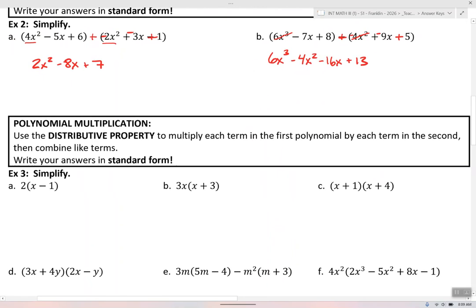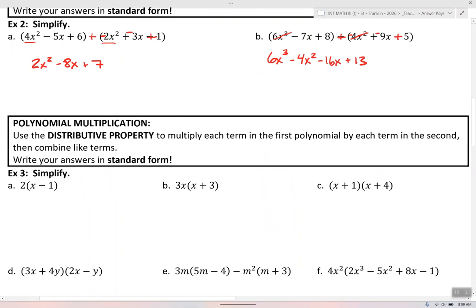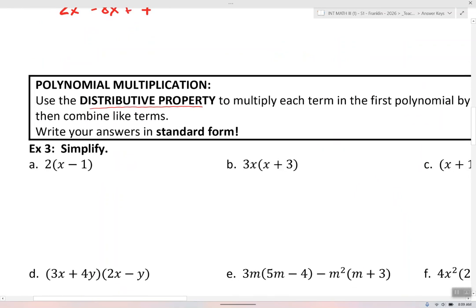So one thing you want to keep in mind is we are using the distributive property to multiply each term in the first polynomial by each term in the second. And then combine like terms if necessary, write your answers in standard form. So again, like I said, we'll start out with some monomials